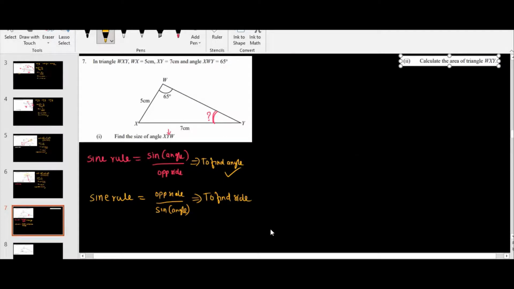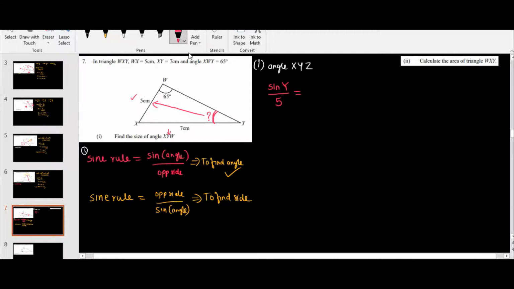Find the size of angle XYW. Since we are finding an angle, we know that we are going to use this rule: sine rule equals sine of angle divided by opposite side. Before that, we have to mark the opposite side of the particular angle. So this is the angle Y we are going to find out. The opposite side is 5. So I will write here sine of Y divided by the opposite side 5,